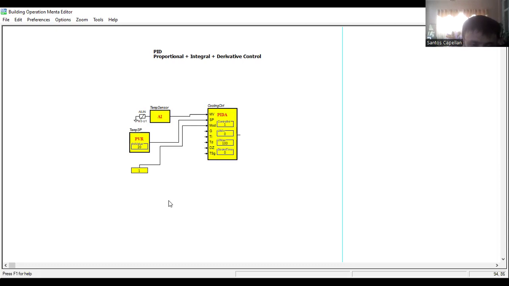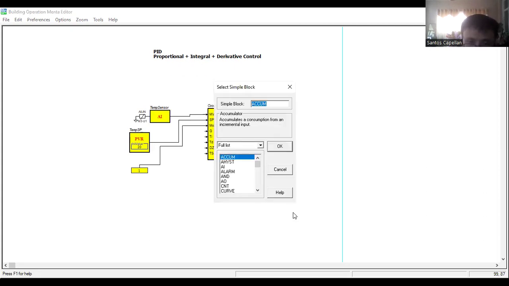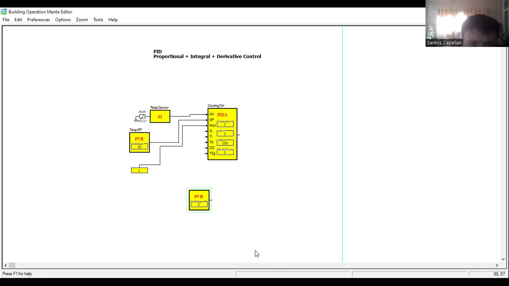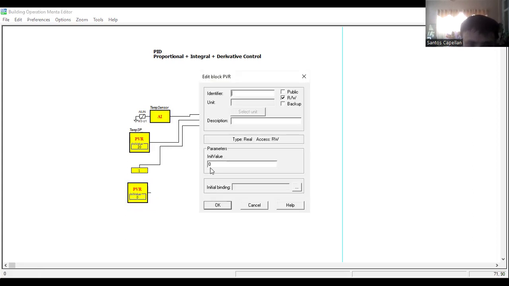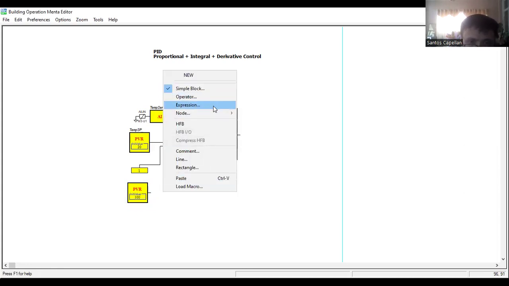Now, gain here. For the gain, I will use a PVR. Again, I will use a PVR real. Then this one, I will make 100. 100 initial. Then this one, I will make an expression here.